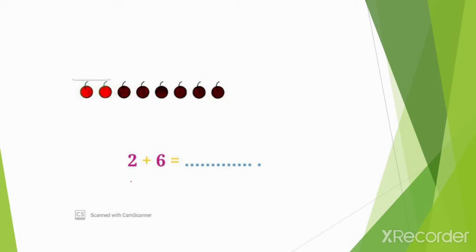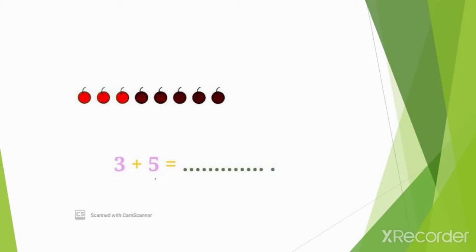Look, this is our sum 2 plus 6. These are the given numbers 2. We have to add this 6 more to it. Okay, now what we have to do? Keep these 2 aside in your mind that we have 2 objects. We are going to add 6 more to it. After 2, 3, 4, 5, 6, 7, 8. What will come? 8. Okay?